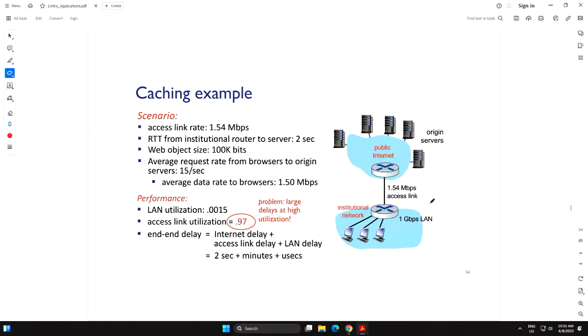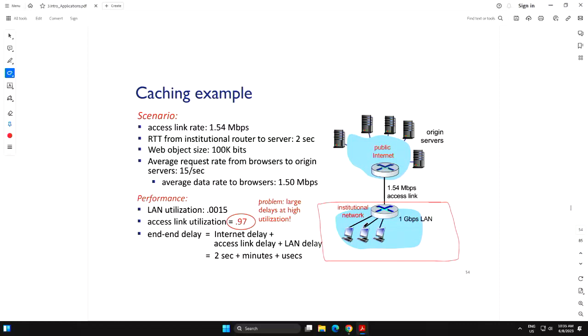So this is your company or organization. This is a local network. And I was telling you about the gigabit per second Ethernet. So this is the gigabit per second Ethernet. As you can see, all these machines are connected through this gigabit per second switch and router. So the communication here is very fast. We are talking about only microsecond delay within the local area network, because the bandwidth is not a problem and the distance is not a problem, right?